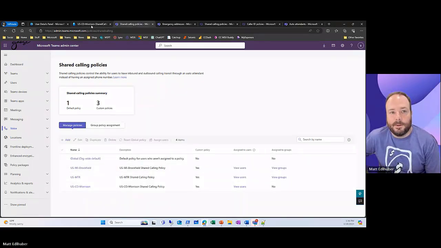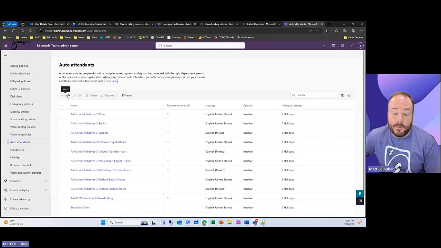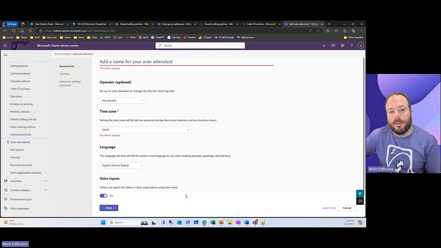So in my case, I've got my group created already, so I'm not going to actually go through that particular step. But the next piece that we're going to do is actually building the auto attendant. I can get over here. So from an auto attendant perspective, this is pretty lightweight. Give it a name, operator is optional, set your time zone, enable voice inputs,